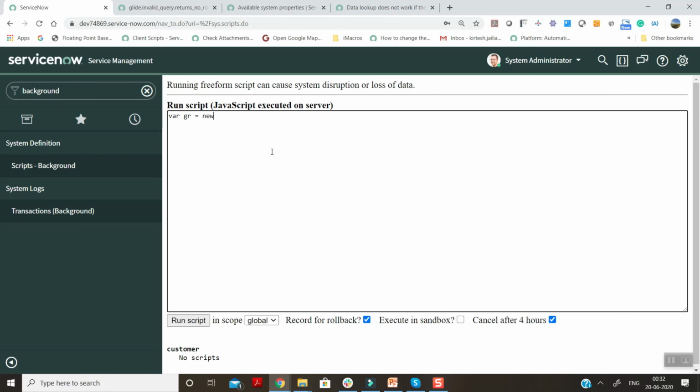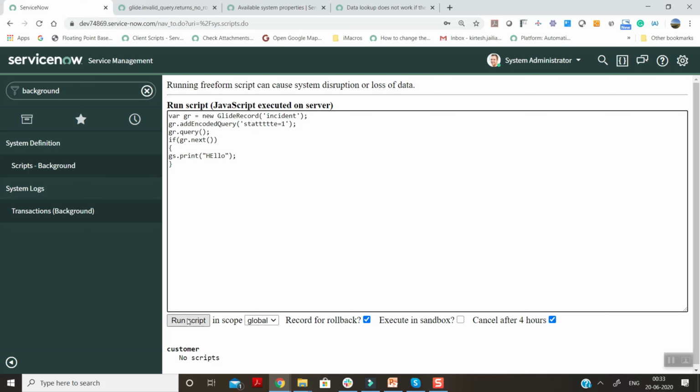Variable gr equal to new GlideRecord incident, gr.addEncodedQuery state is equal to 1, gr.query, if gr.next, gs.print hello.